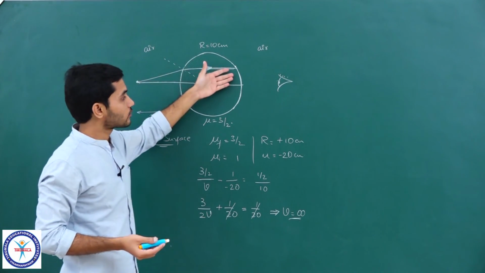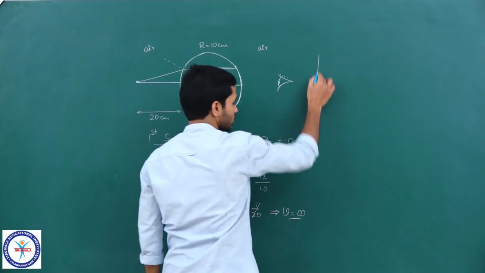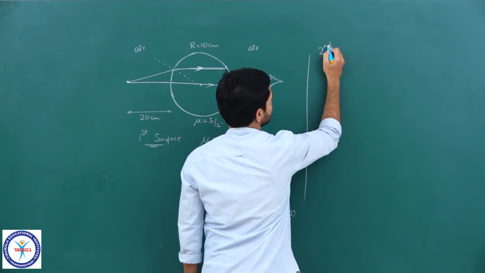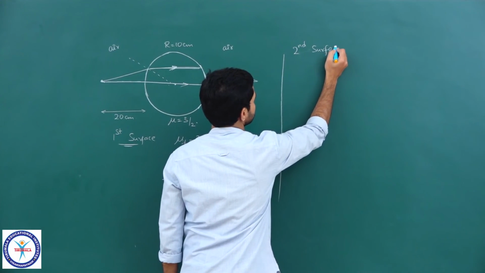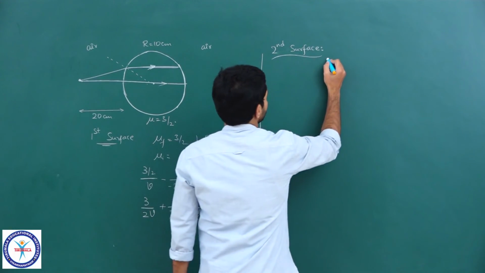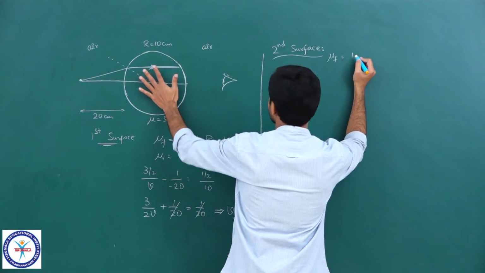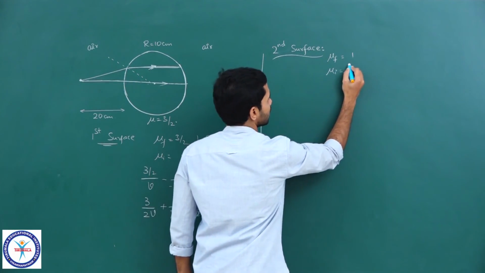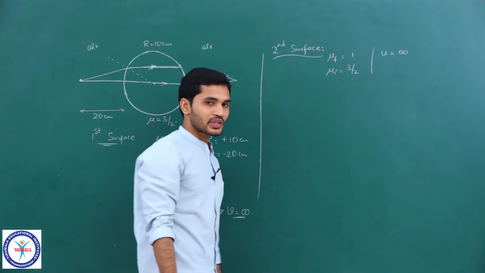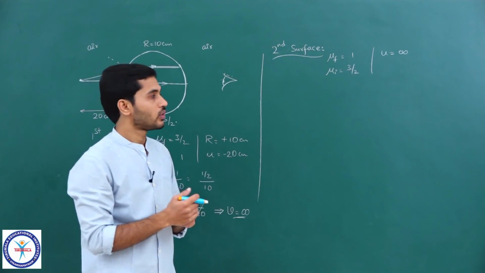So, what is the object distance for the second surface? Infinity. So, let us write the expression for second surface. Okay. So, if I write the values, mu final medium is air, mu initial is 3 by 2, u is infinity. You do not have to worry about whether it is plus infinity or minus infinity, whatever it is, when divided it gives you 0. Okay. R,